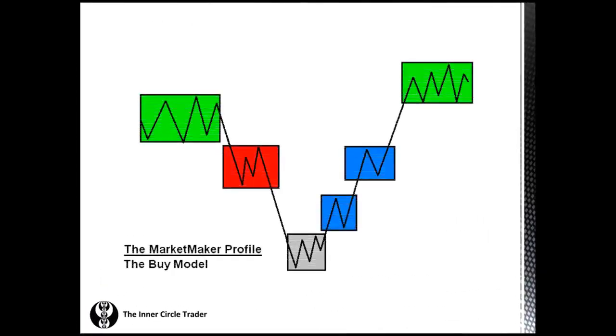All right, we've talked about the market maker profile. This is the ICT market maker profile buy model. By looking at this, we've discussed how there's an accumulation phase in here, and then price starts to break out, comes back up many times and retests. It doesn't have to do that, but it can give you another additional optimal trade entry short in here,